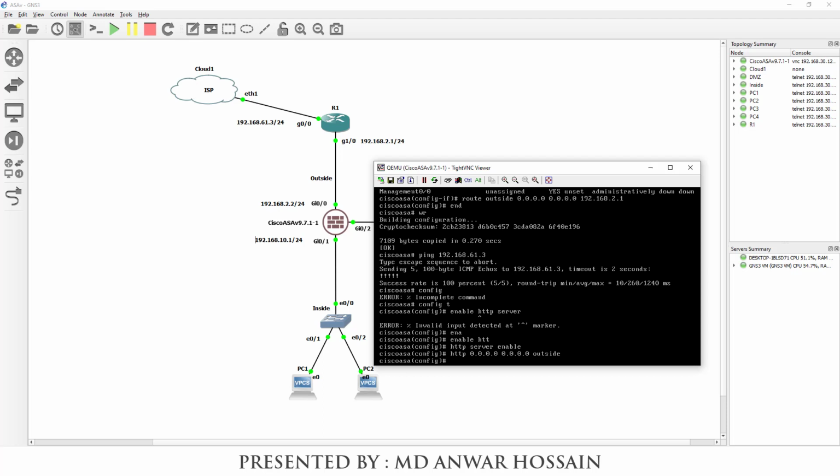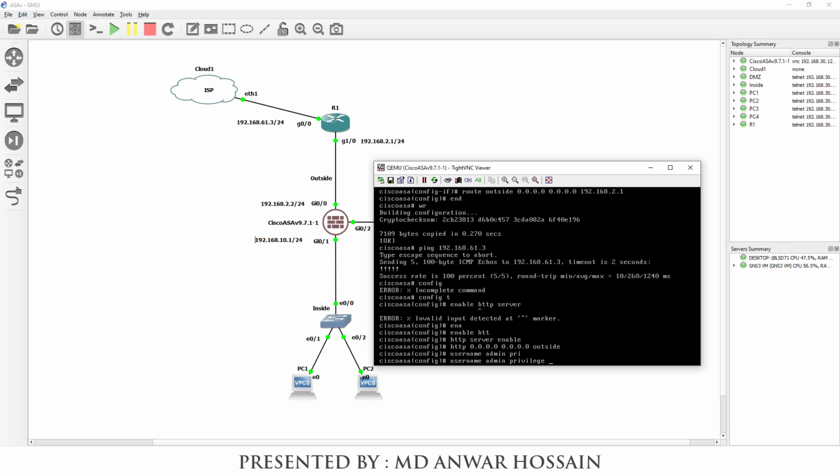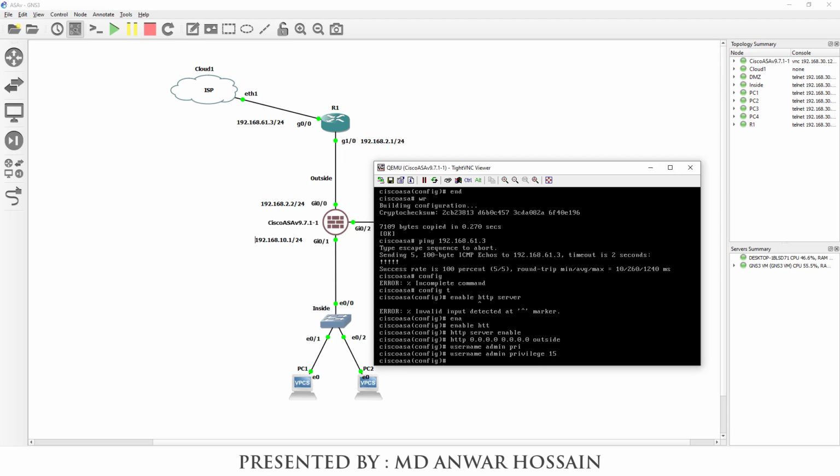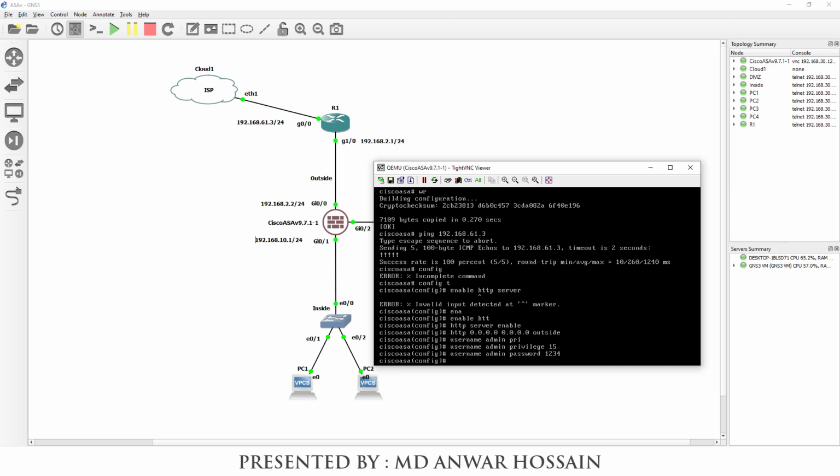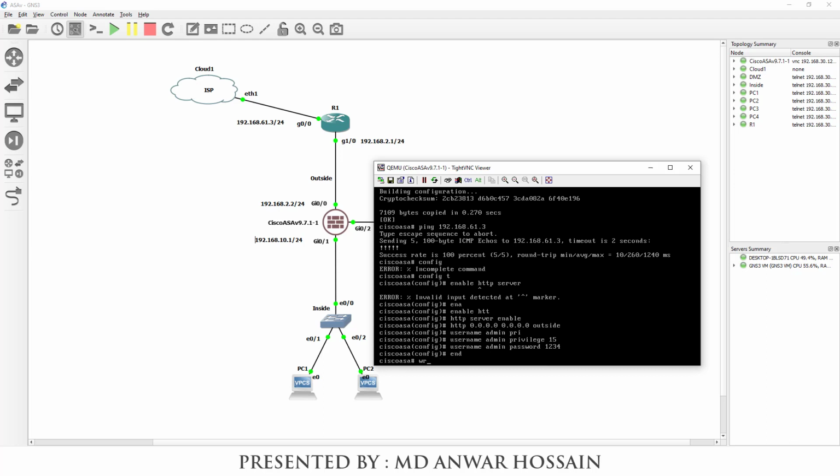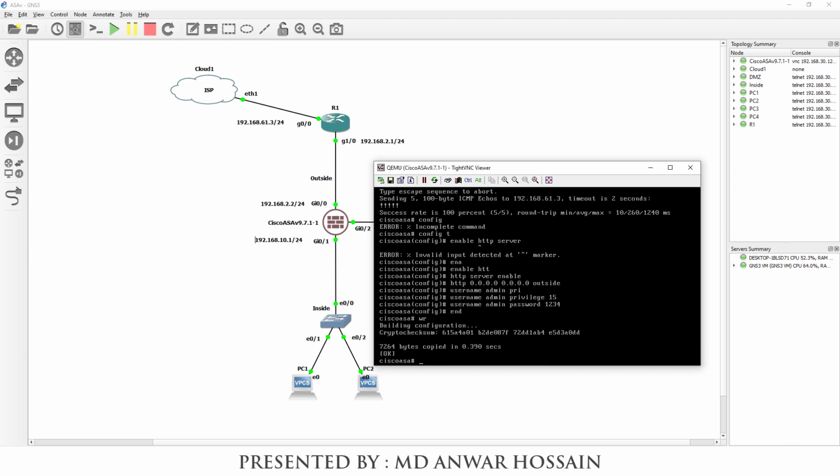In order to get ASDM access, we need a user ID and password. Username admin privilege 15. Username admin password 1234. Let's save the configuration. WR enter.